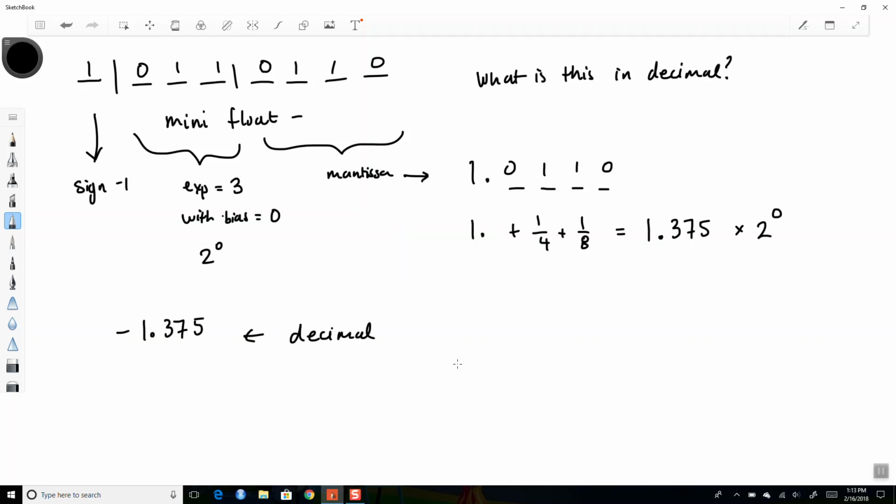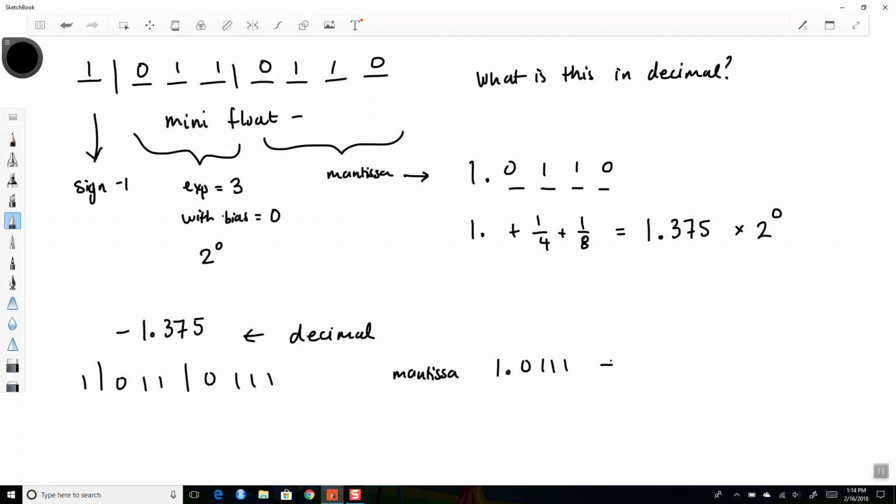All right, let's take a look at... Oh, okay. Well, and then what's the next number that I would represent? So the next number in the sequence would be 1, 0, 1, 1, 0, 1, 1, 1. Right? This would be the next possible, I guess, number that's larger in magnitude. Okay. And so this corresponds to a mantissa of